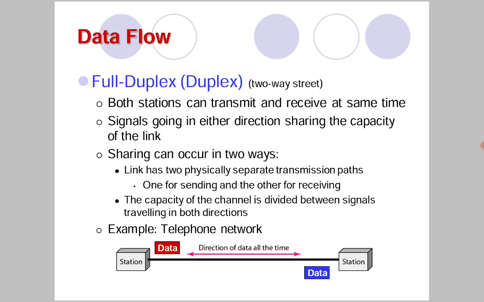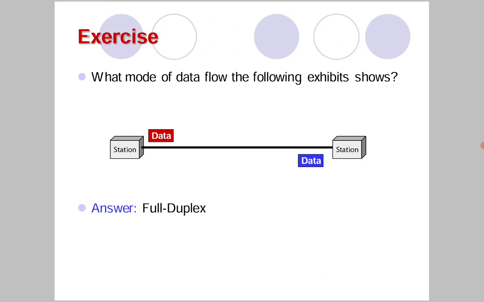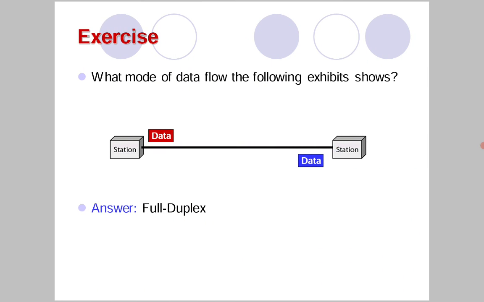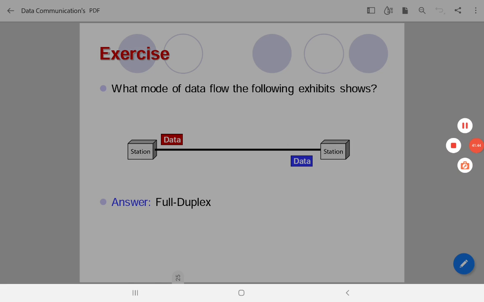What are the features of full duplex transmission mode? Both stations can transmit and receive data at the same time. The signals go in either direction, sharing the same link or capacity. Sharing can be in two ways, meaning both sender and receiver can transmit and receive the data at the same time. The example is telephone lines. So, this is today's concept. We will continue in the next